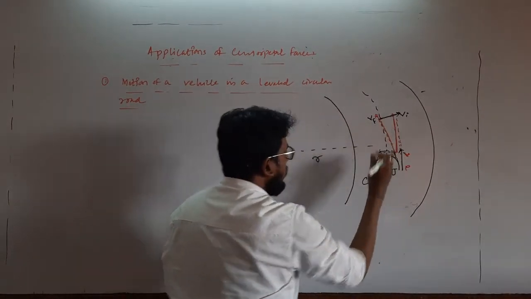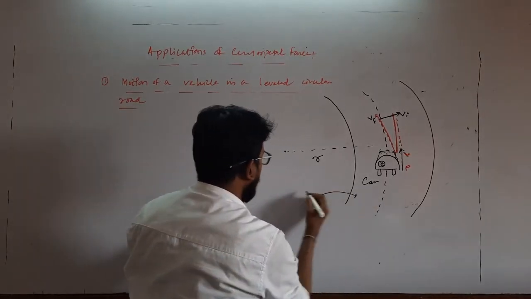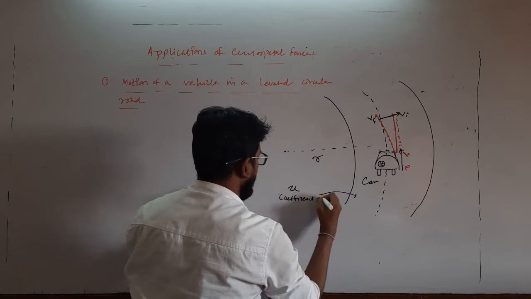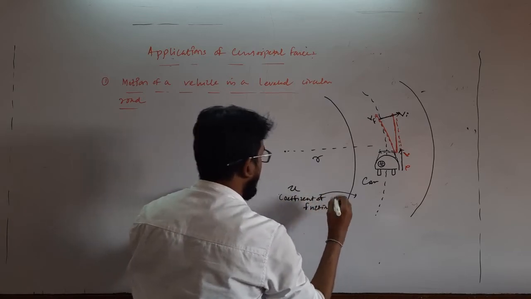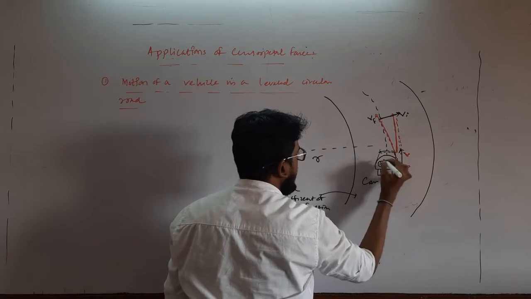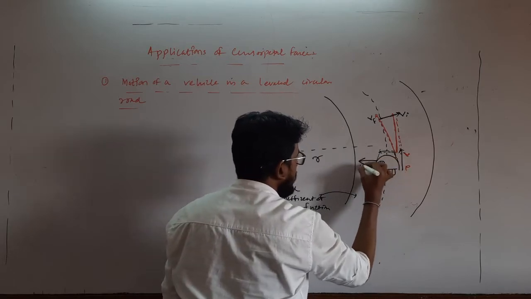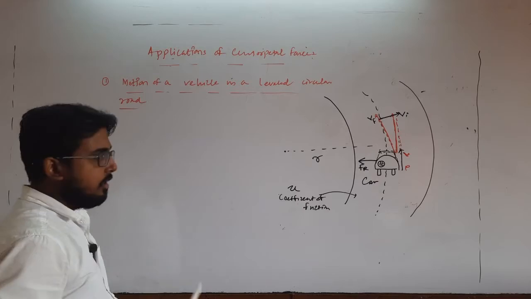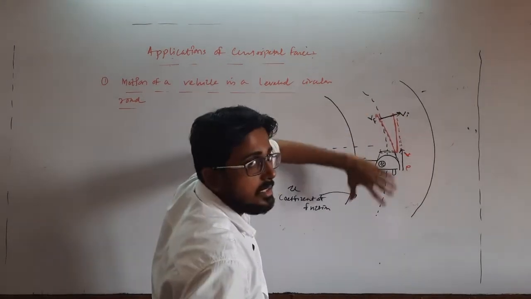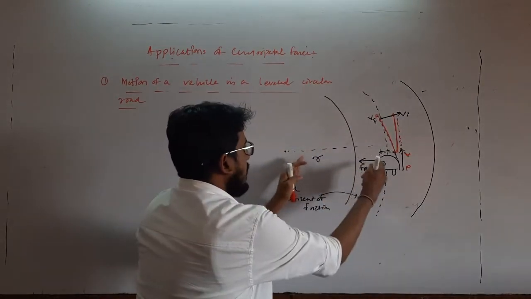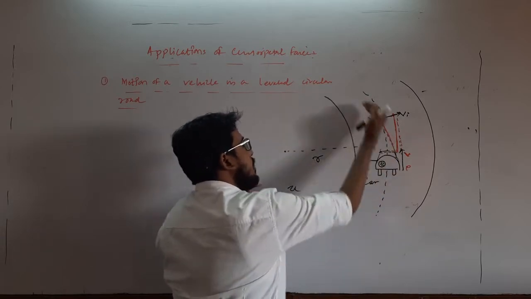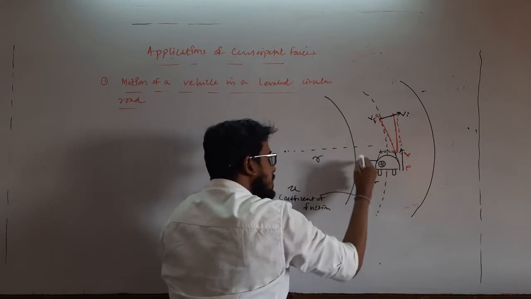That's why, if this road has a coefficient of friction, that is mu, then as the intention of motion of the vehicle is along this direction, the frictional force on the vehicle at this position will act along this direction, Fr. Clear? So in this particular case, as the vehicle moves in the circular track of radius r, the required centripetal force to complete the circular motion for this vehicle is provided by this frictional force,